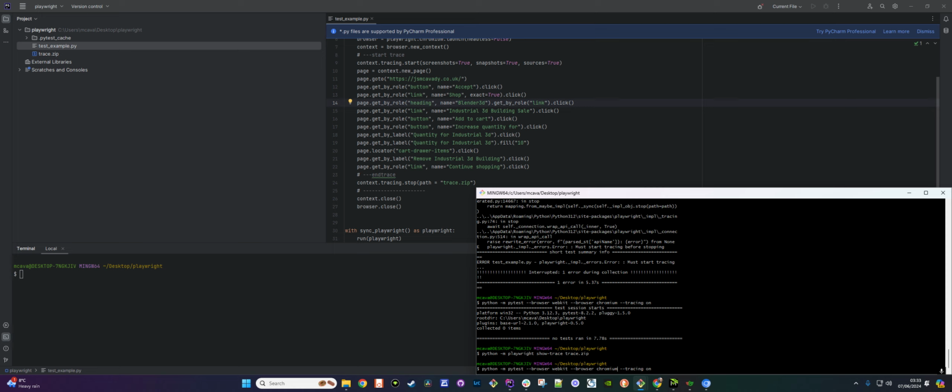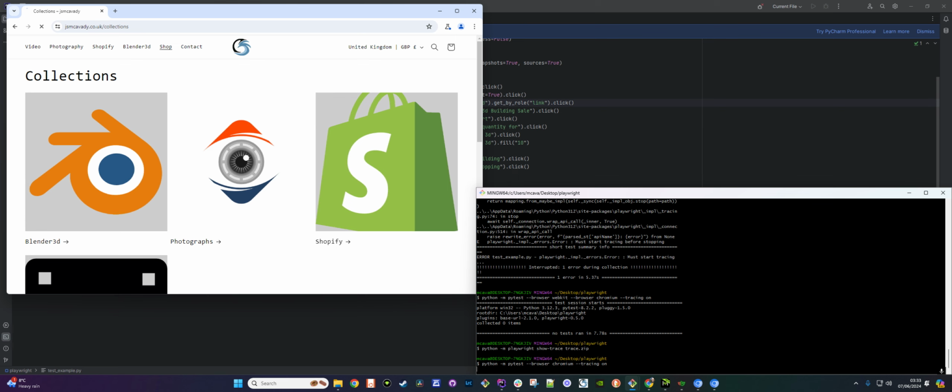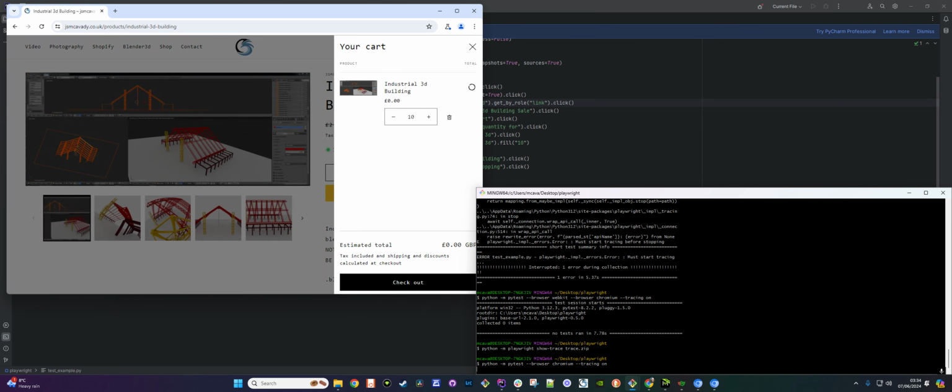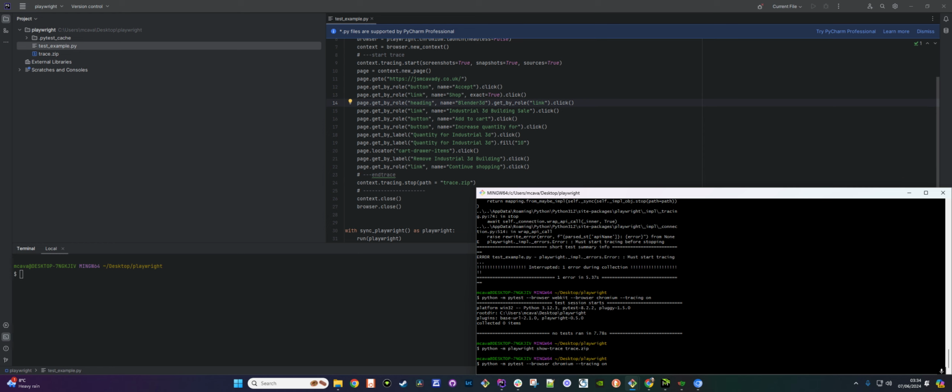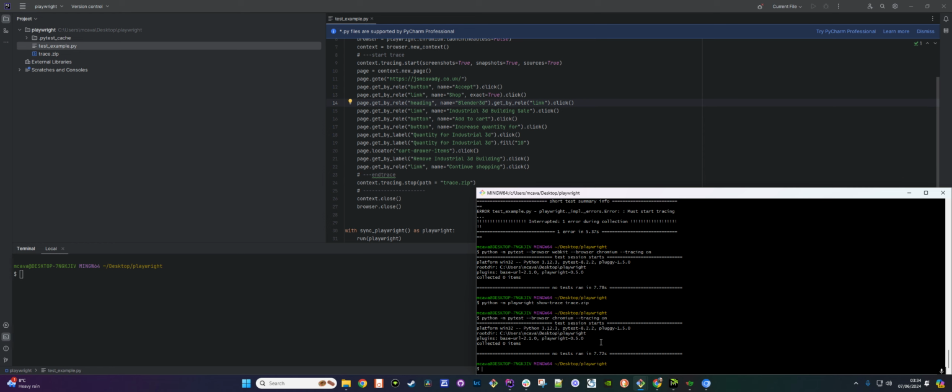So if I remove one of these tests, if I just say browser Chromium and then tracing on, there is tracing on fail and then tracing off, which are some of the commands. So you can put off there and it won't record it, on, and then retain on failure. I'm just going to use on for now. If you hit the enter key on that command, it'll run the test that I did before, and then it'll close the browser. It'll say that the test is run,